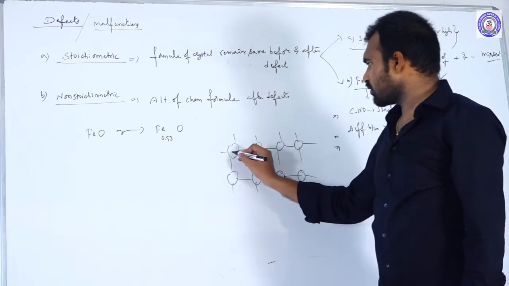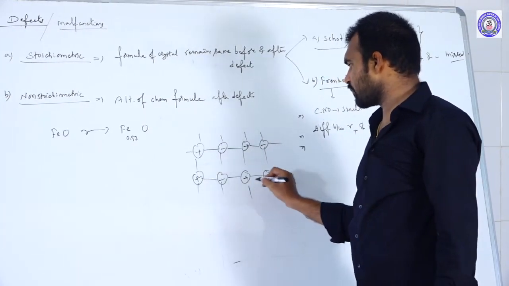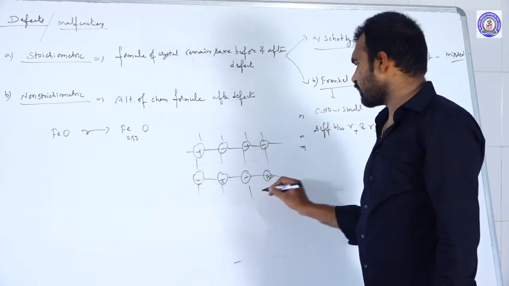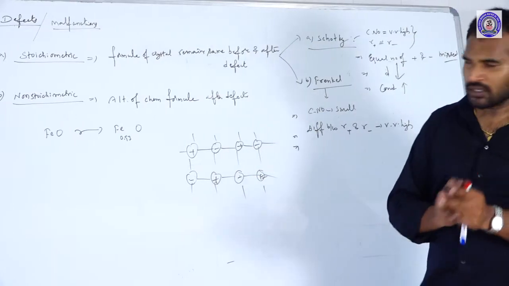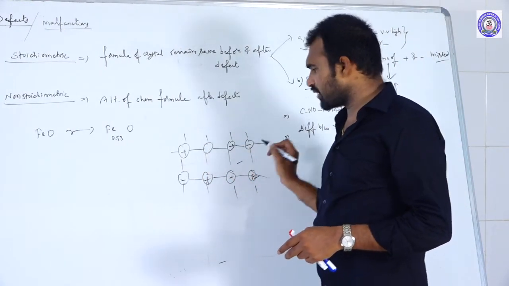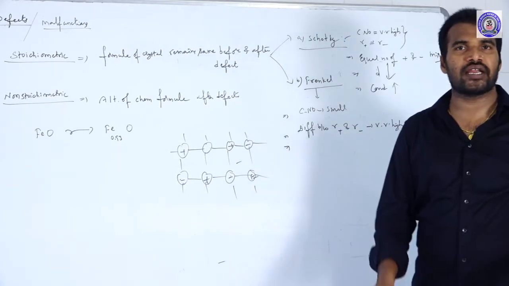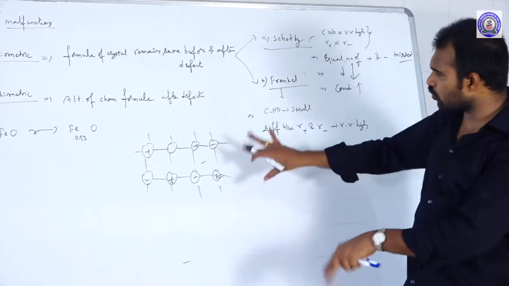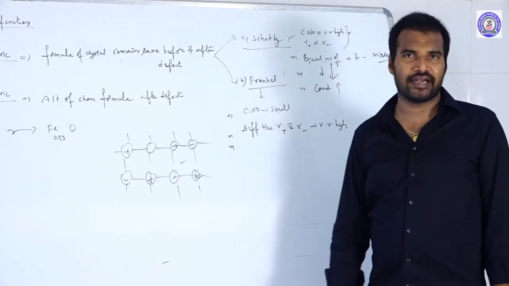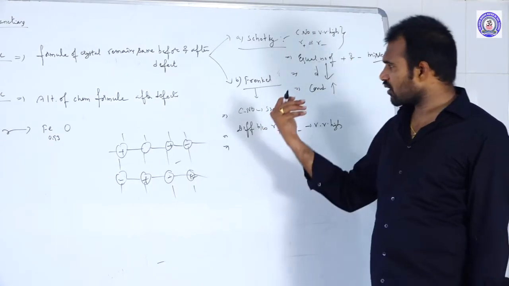So like this, these are the cations and anions, plus to minus, plus to minus, present alternately. Some number of cations, like minus ions, are displacing from their original place to here. Are they lost? No, they are just dislocating from their original place into interstitial spaces. So there was no complete loss of cations and anions. They are just dislocated, and that defect we call as what?